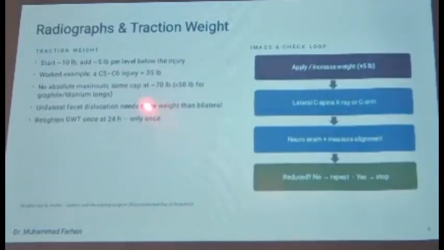So usually we can start from 10 pounds and add 5 pounds per level below the injury. There is no absolute maximum weight that can be applied. Some say up to 70 pounds, or in some research papers less than 50 pounds is usually preferred. And usually unilateral facet dislocation needs more weight than bilateral, and retighten the